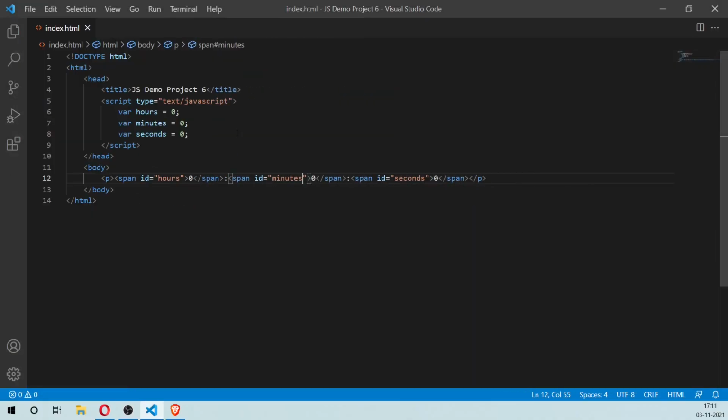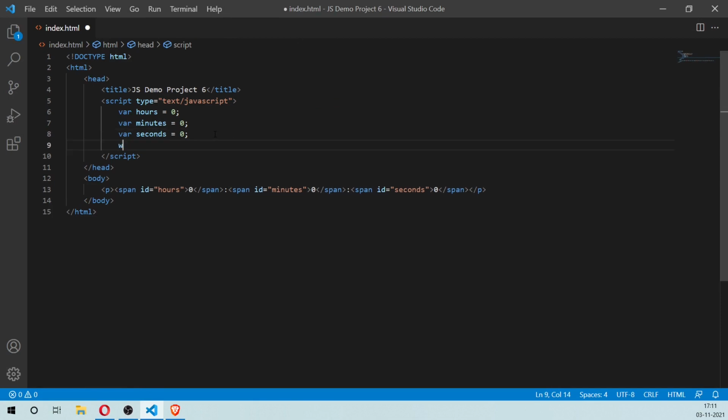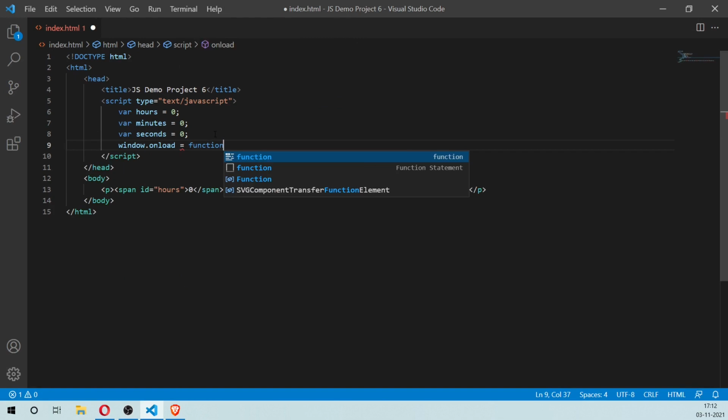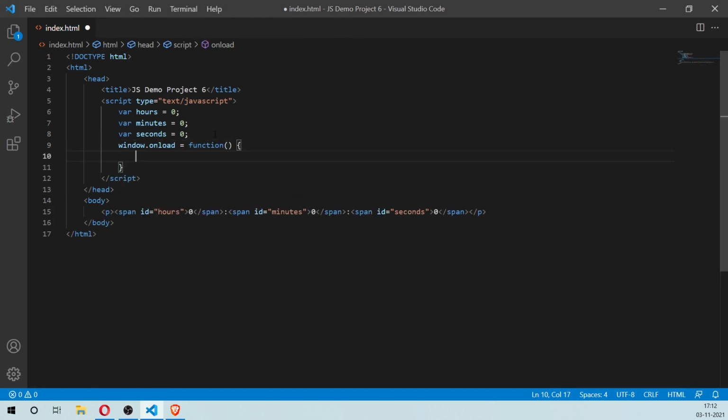Now let's create the window.onload statement, and inside that we're going to get these elements and store them inside of variables.